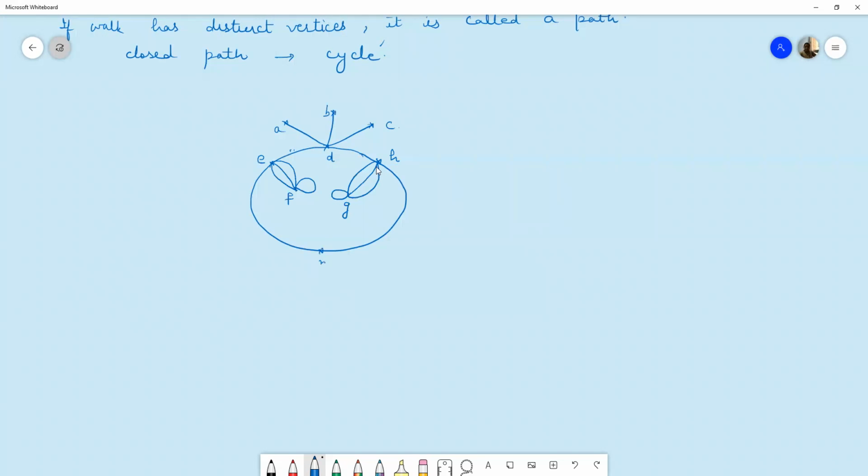And let us take a point M, and this is vertex K, with an edge from K to M, an edge from I to K, two edges from K to L, and two edges from K to J. So let us say this is the graph. This graph has 13 vertices,